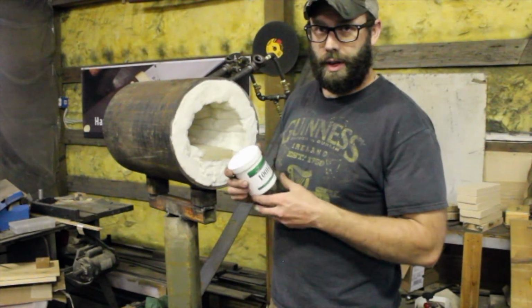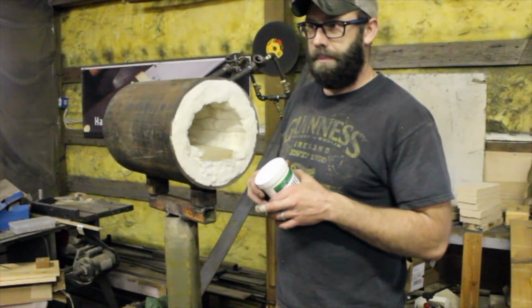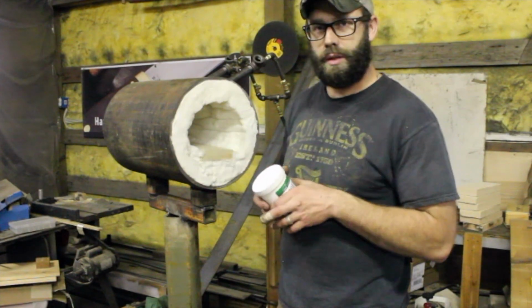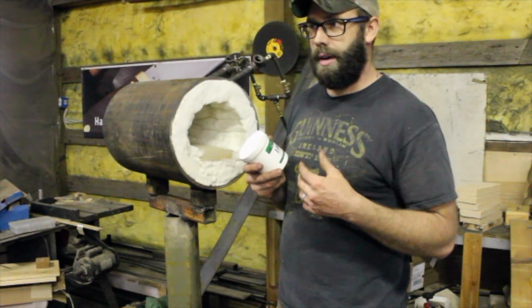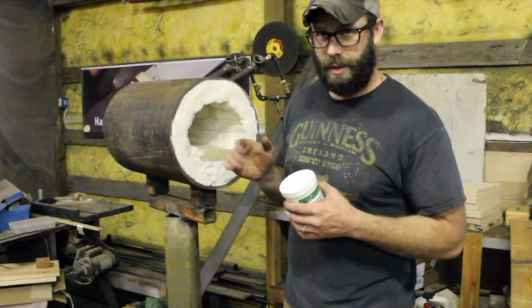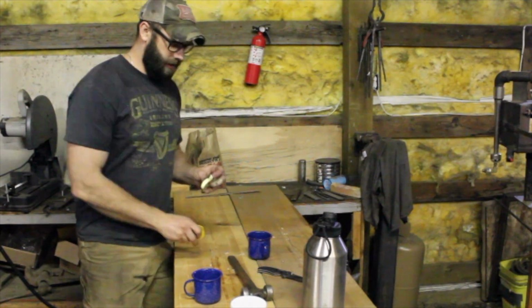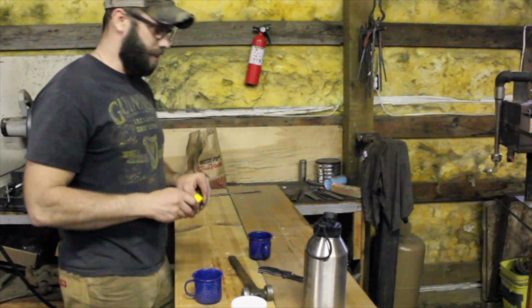It has a high reflective value, so the efficiency of your forge goes way up, and it protects this K-wool insulation. It makes it last a lot longer and keeps you from breathing all the little particles that would come off of it otherwise. I can tell you one thing the shop is seriously lacking is containers to mix things up in, but